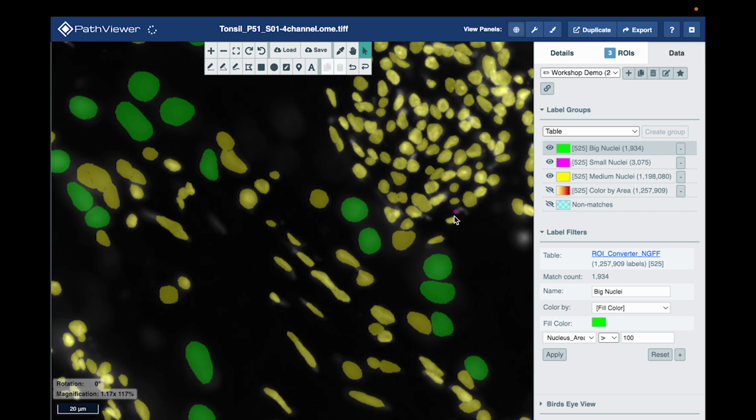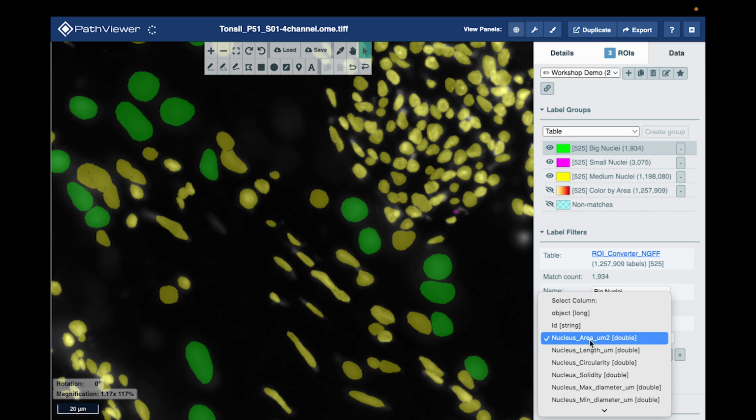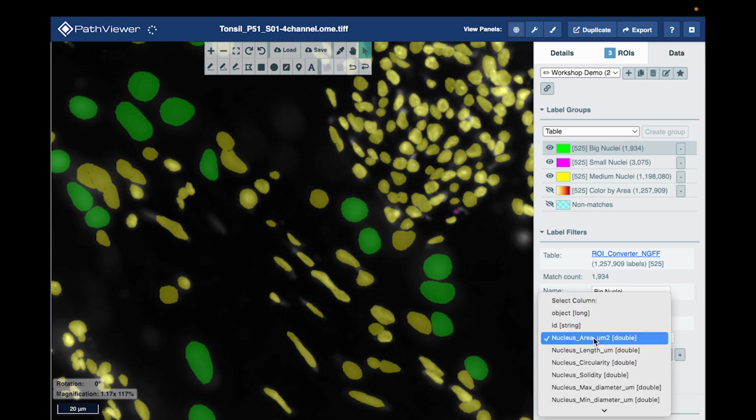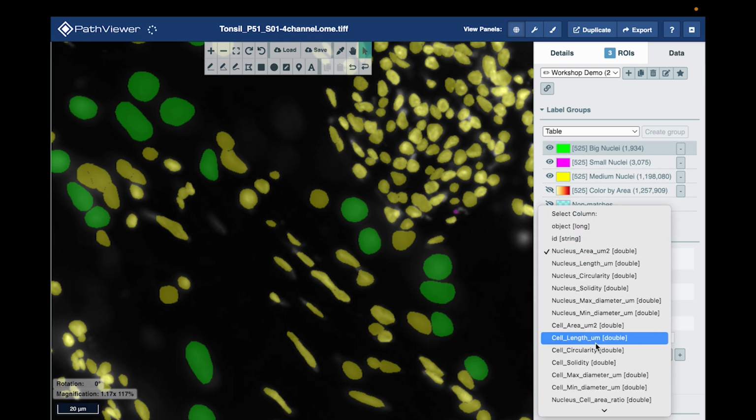I'm able to do this because for each object in this label image, I have measured the area of the nucleus in square microns. And so in order to color an object green and call it a big nucleus, that area has to be greater than 100. I have a number of other measurements that I could include in this filter, and these measurements are completely custom